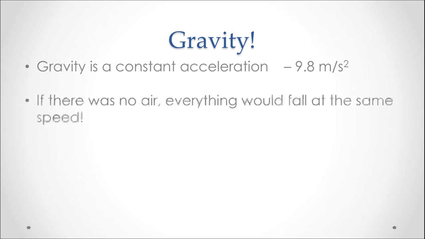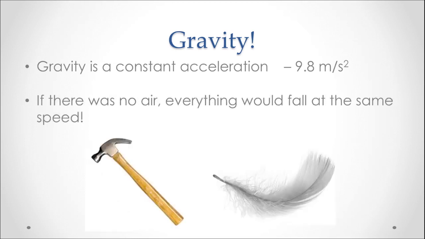In fact, if there was no air on Earth, everything would fall at the same rate. All objects, whether it be a hammer or a feather, would accelerate downwards at 9.8 meters per second squared. The only reason why this does not happen is because Earth has an atmosphere and it has air that gets in the way of the feather more than it does for the hammer. If you were to drop a feather and a hammer on the moon, they would both hit the ground at the same time. This was a theory first proposed by Galileo